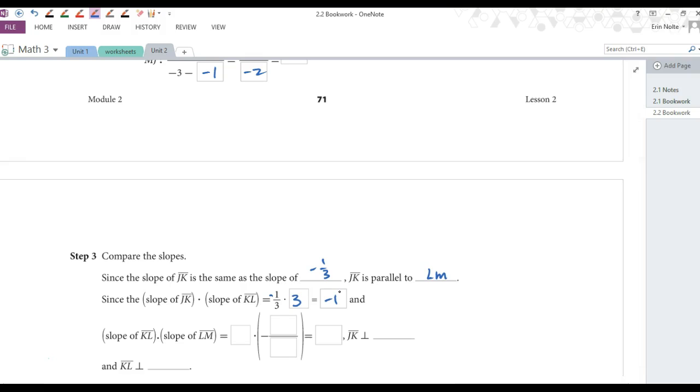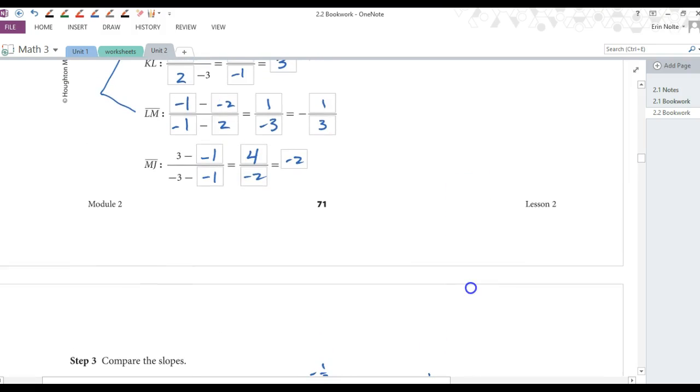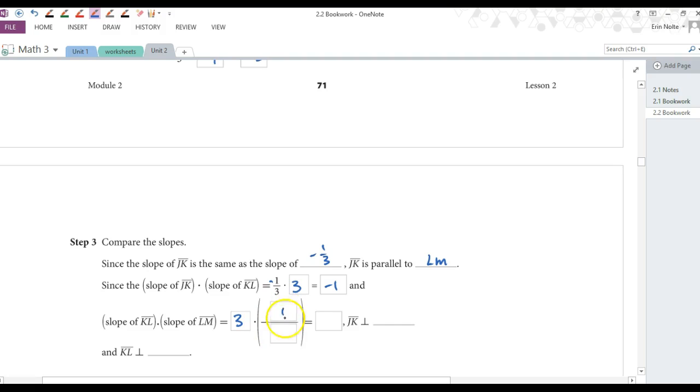Okay, so that's going to show us that the slope of KL, which we said was 3, and the slope of LM, let's go back and look at LM, is negative 1/3. Negative 1/3. So 3 times negative 1/3 is negative 3/3, so negative 1. So now that is also perpendicular. So JK is perpendicular to KL. And KL, LM. Boom,